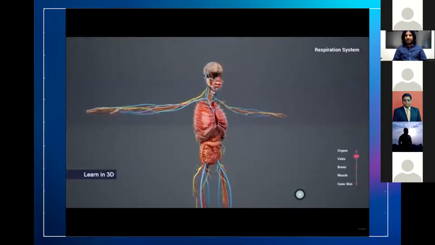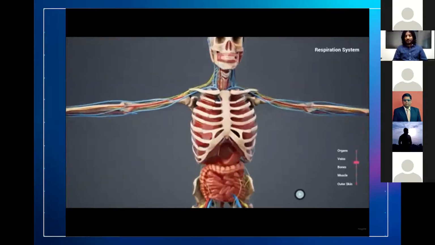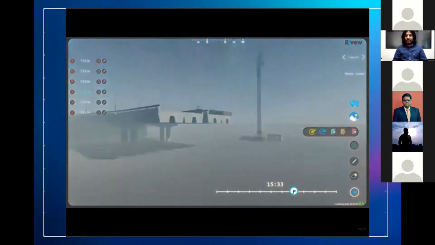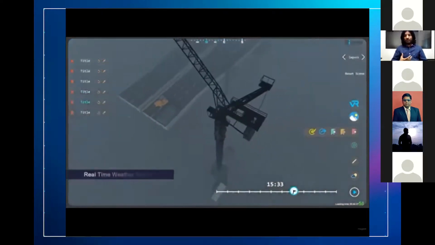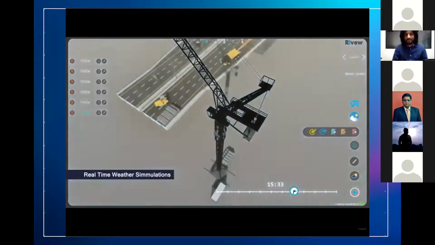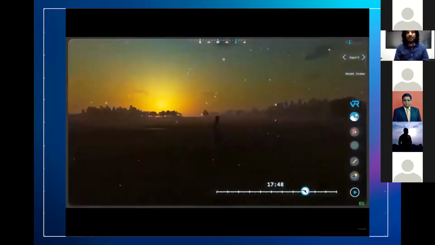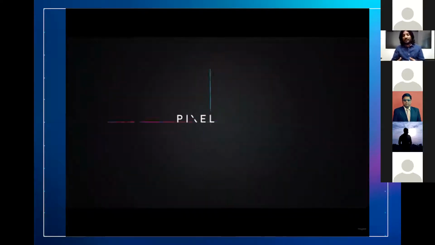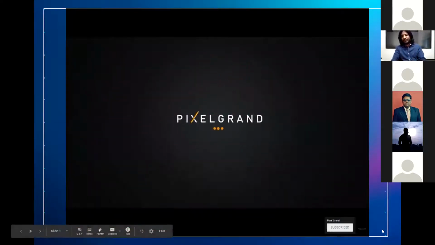Similarly, the same technology is applied for healthcare as well. Here we created human anatomy and we're animating everything in real time. We can learn how the human body works and all those details. So this is some of the engineering work we have done. All these things are real time renders built on interactive visualization technology.